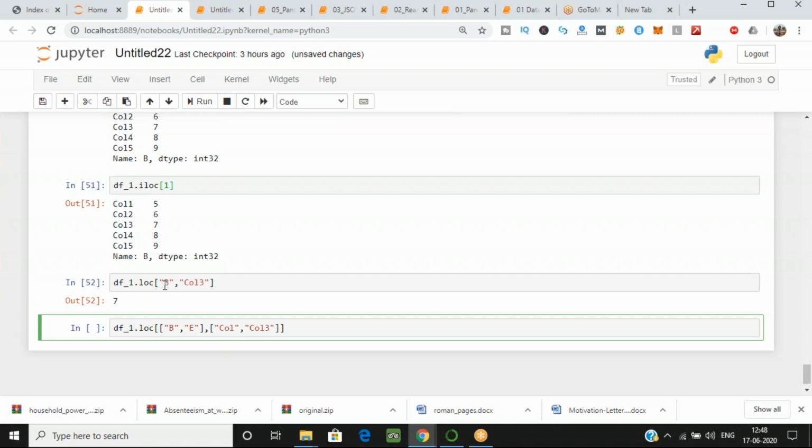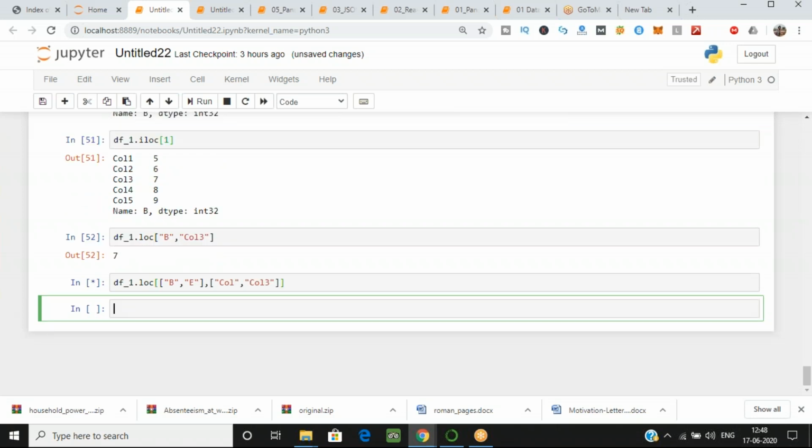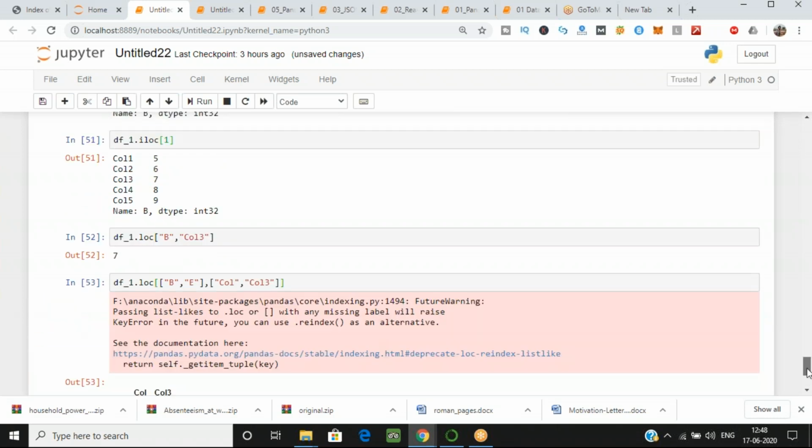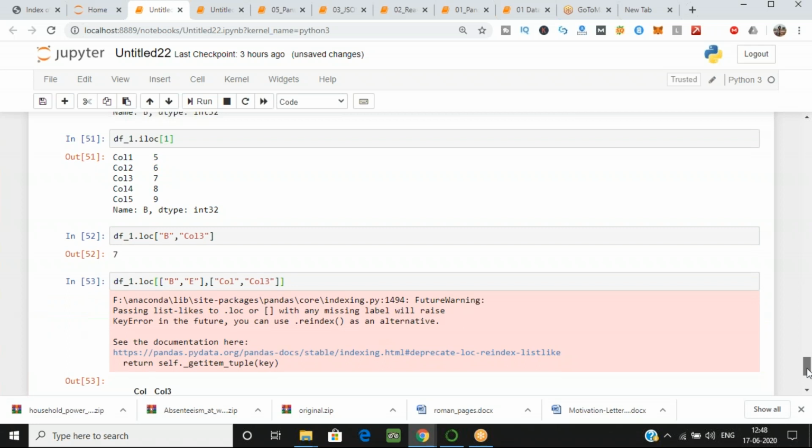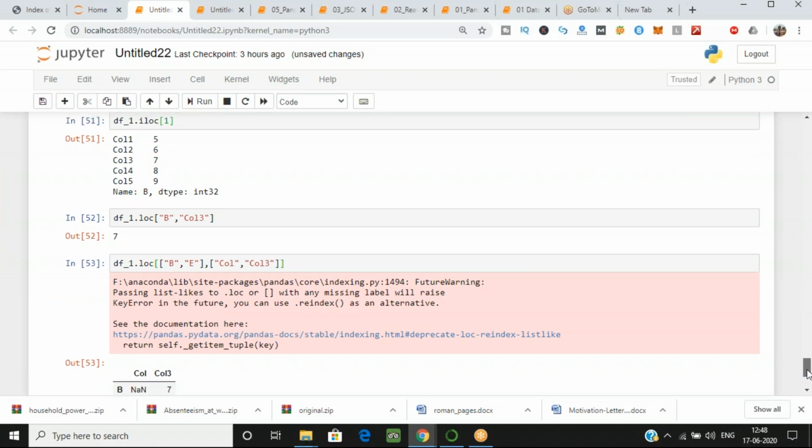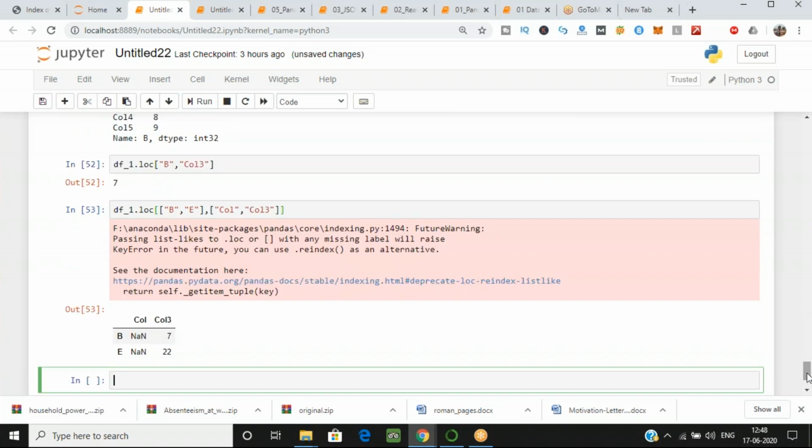Yes, participants. Error? Why error, Shyam? Okay, then let me first execute if you are having the error. I'm not getting any error, but you can see my output over here. Okay, I have to give column 1. I didn't give column 1 over here. Now let's run it. Yeah, now you can see.